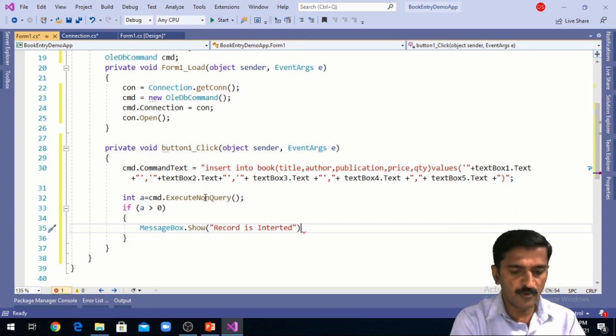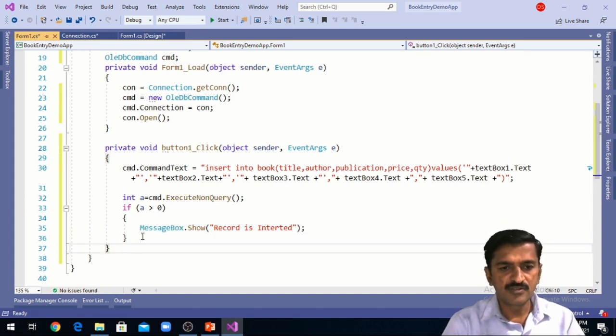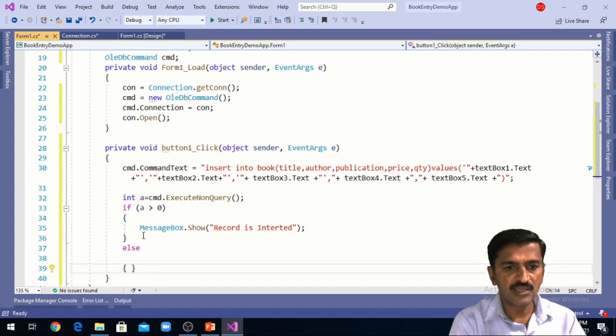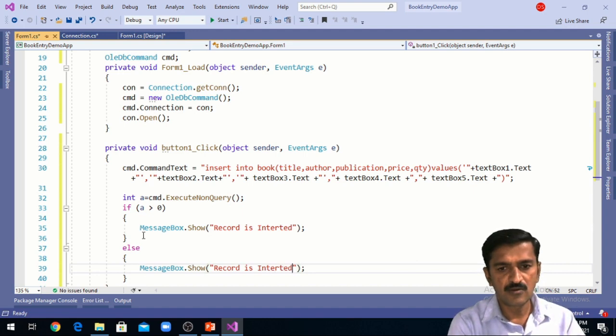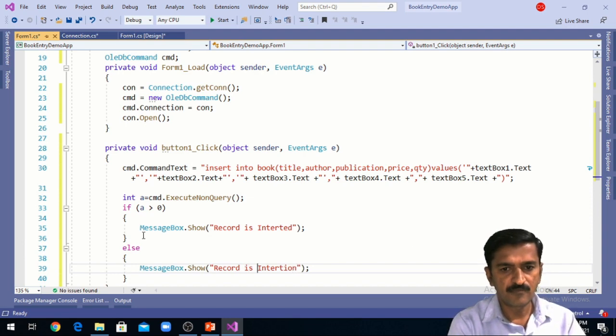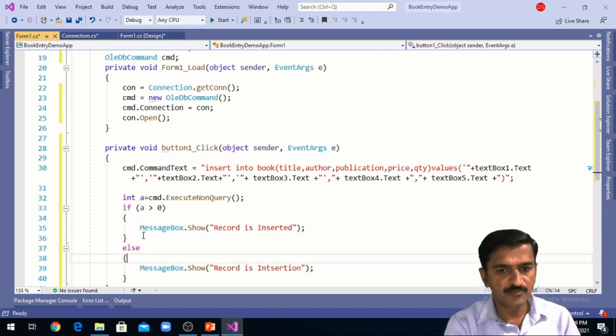And if there is a problem in insertion, I need to specify some message to the user. In the else block, I am specifying the message here as problem in insertion.